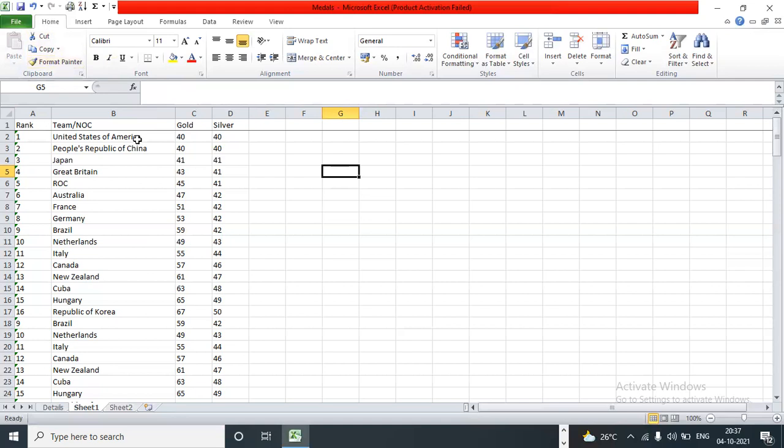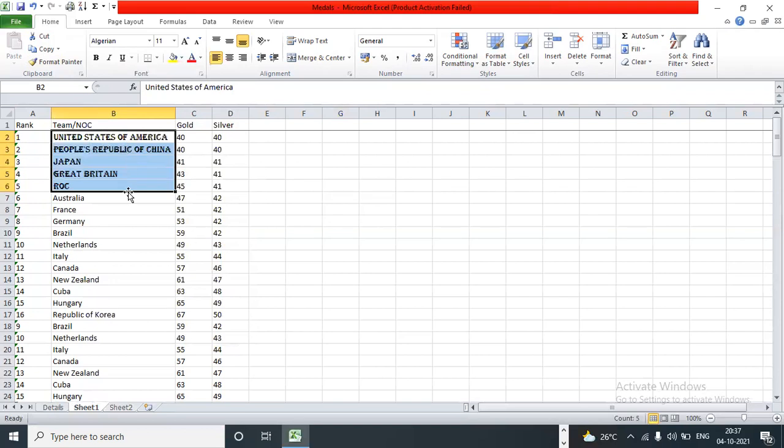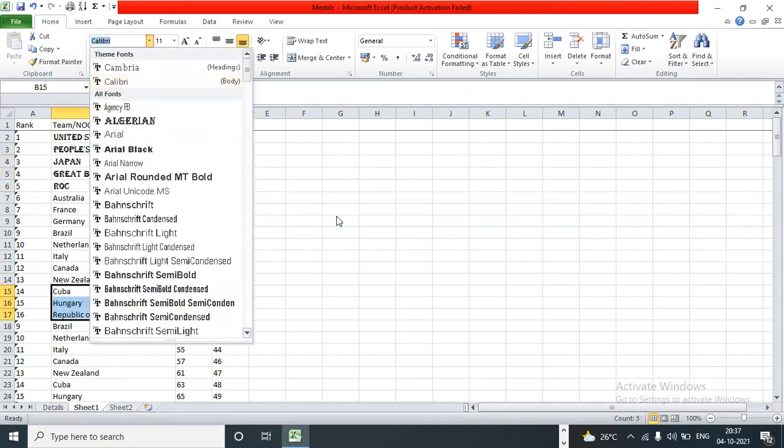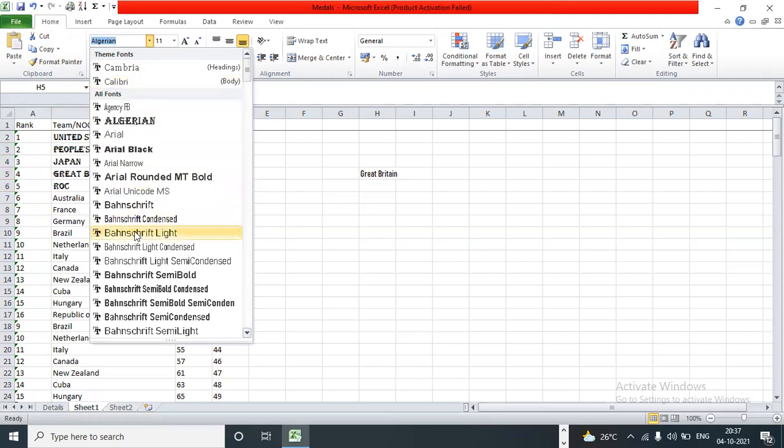So now, what is this font? You want to change the font? Select, click here, select anything. Can you see the font has been changed? Yes, sir. For example, I will select over here and write something so it will be easy for you to check. Now I want to change this font to something else. Can you see the font has been changing?